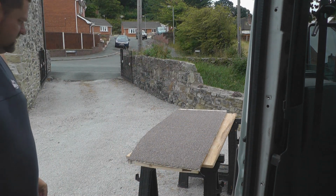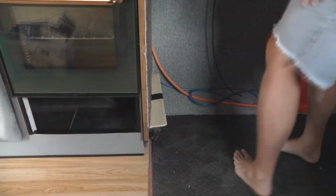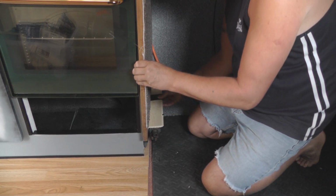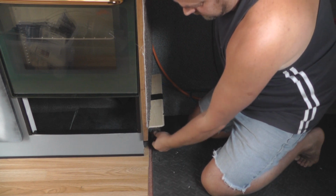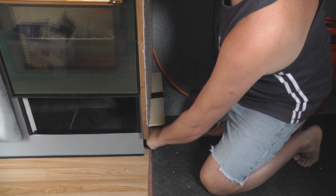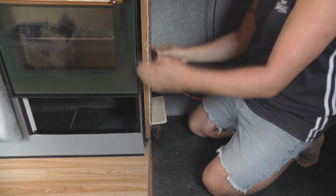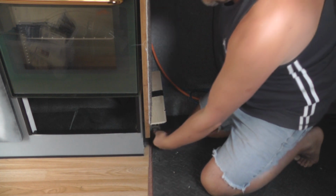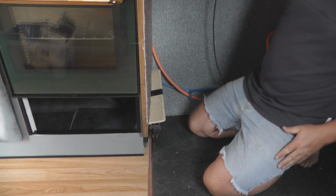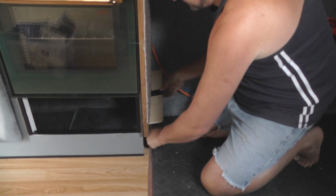Let's have a go at getting that into place. What I've done is created myself a little unofficial aid, just a piece of wood against a car jack, and then all I'll do then, raise that up, and it allows me to get that piece of wood into shape. And there's only one of you working, when you're lone working you always need that extra hand, and this is helping just to keep that in place